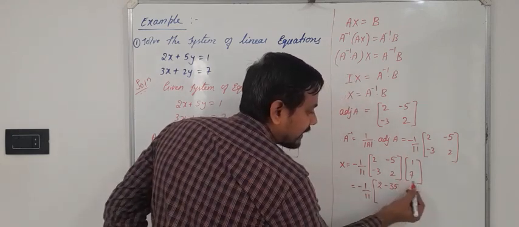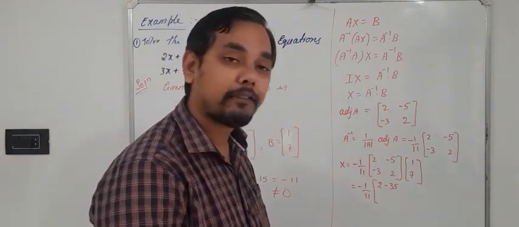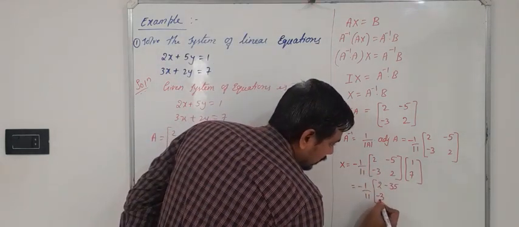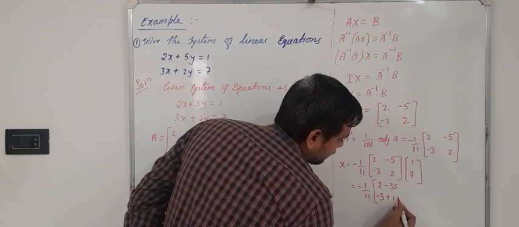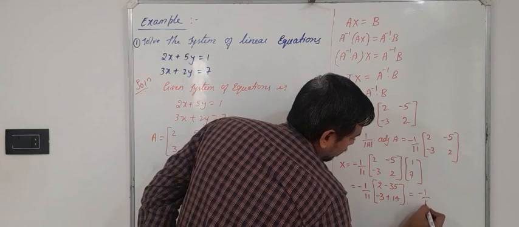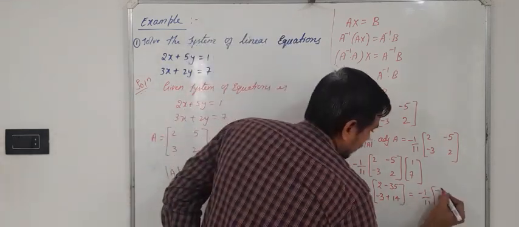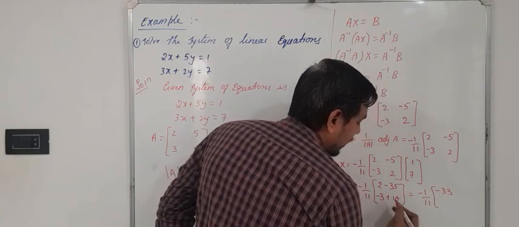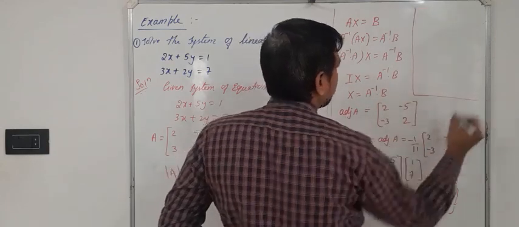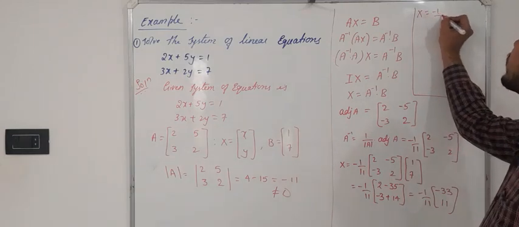See, this is a 2 cross 2 matrix, this is a 2 cross 1 matrix, so the resultant matrix will also be a 2 cross 1 matrix, right? Minus 3 into 1 is minus 3, plus 2 into 7 is plus 14, right? So this can be written as minus 1 upon 11, right? 2 minus 35 is minus 33, and minus 3 plus 14 is 11, right? I will write it here. Okay, X what we got? X we got as minus 1 by 11